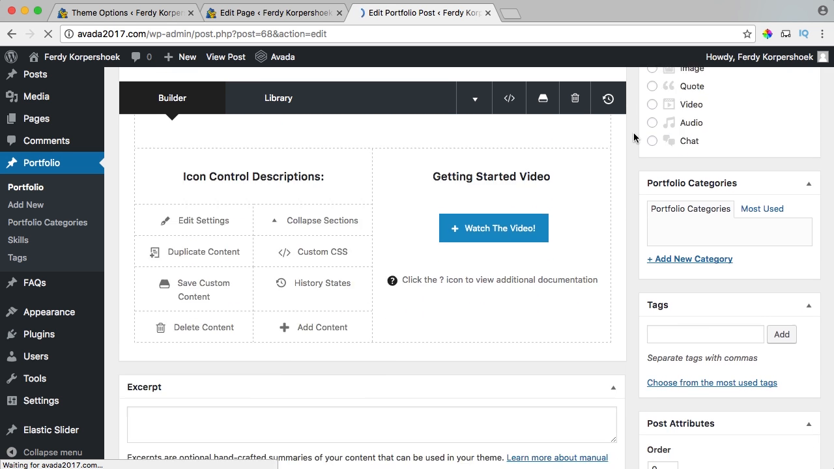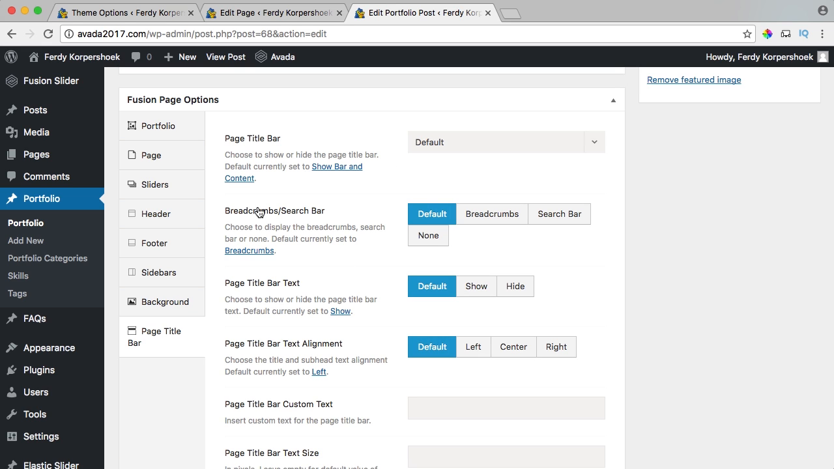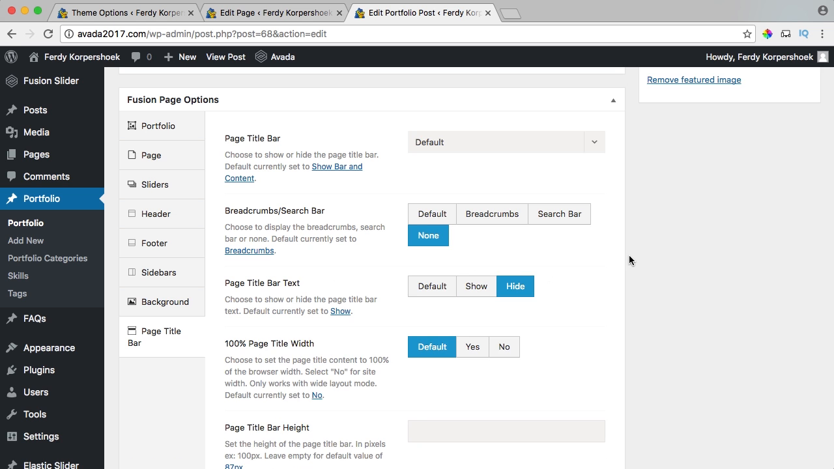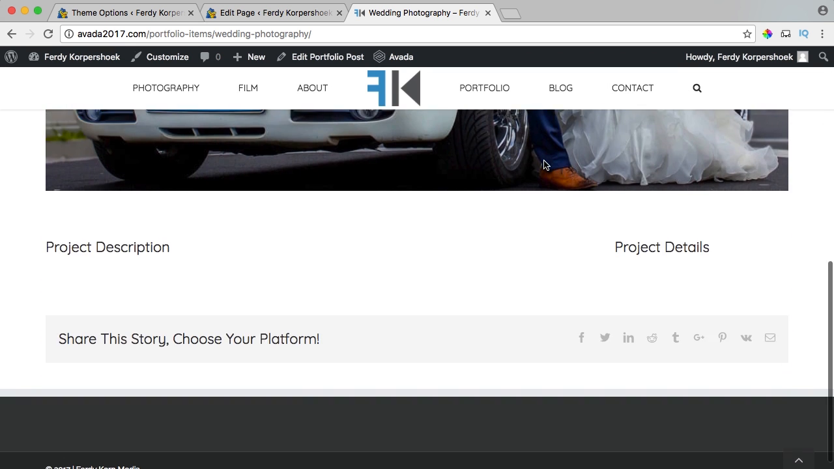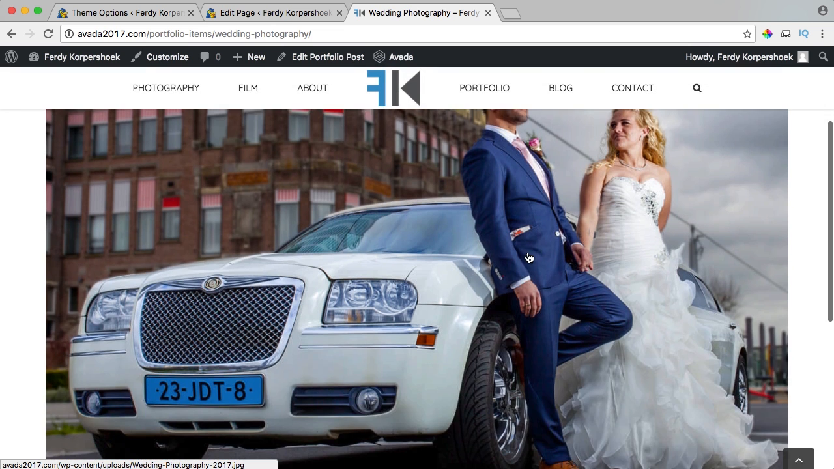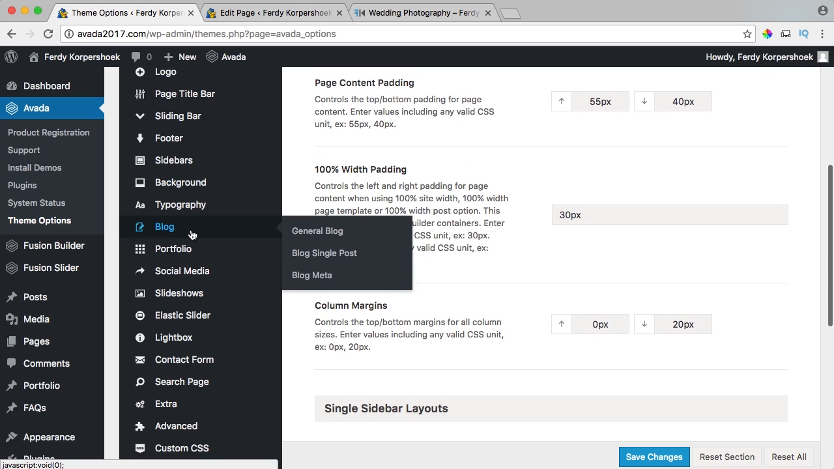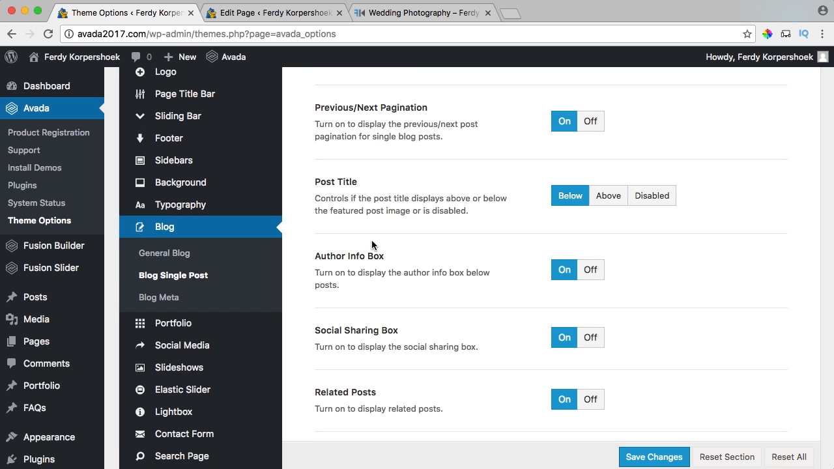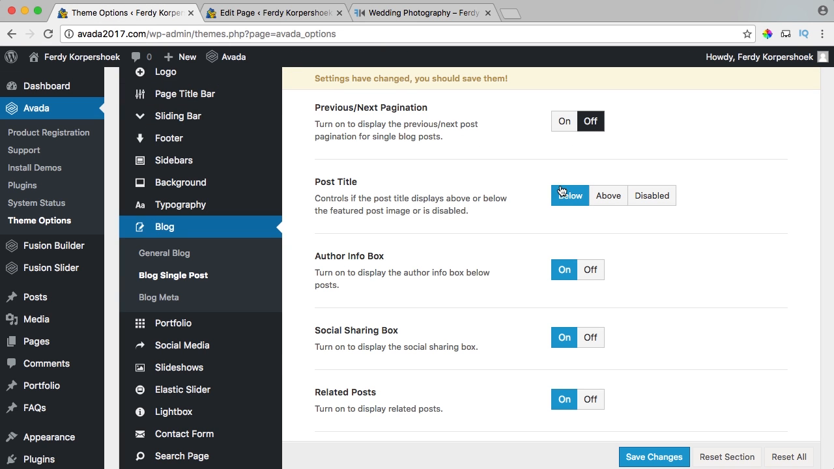I update it. Now I scroll down and here I go to the page bar and I don't want to show the breadcrumb bar and I don't want to show the page title bar. I save it, update it. I view the post now it looks like this. By default, this photo is shown above the post. I don't want that, so I go to theme options, scroll down to blog, single post. I don't want to have a previous link, so I turn it off. I want to have a post title, or you know what, I don't want to have a post title, so